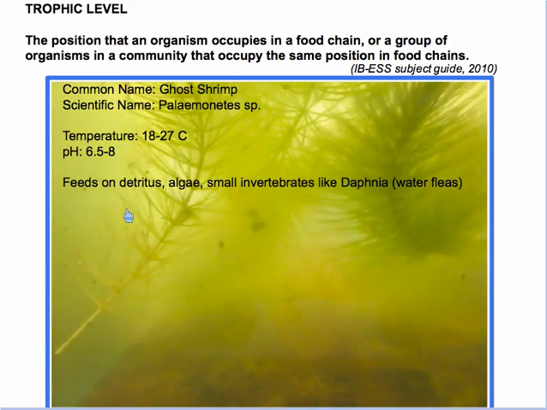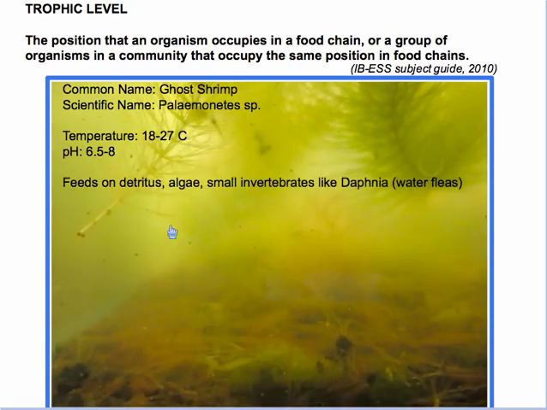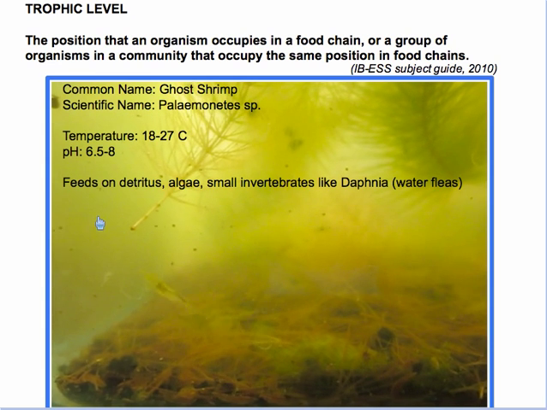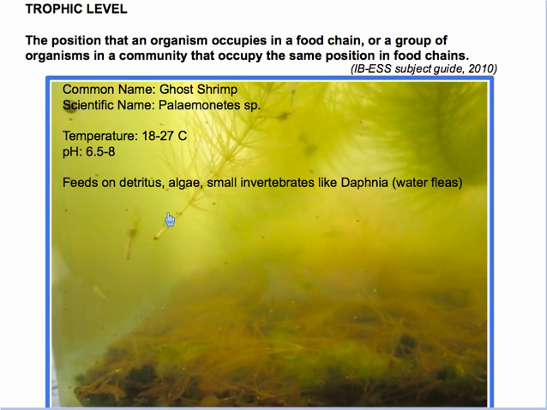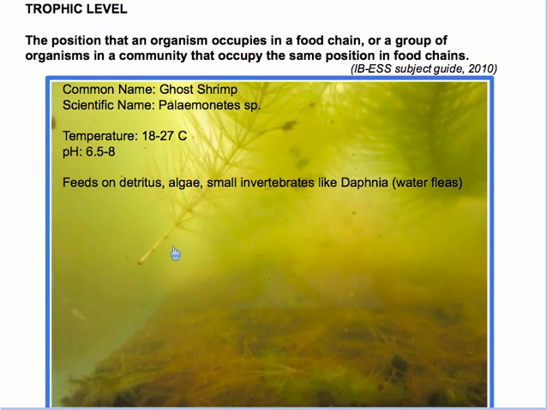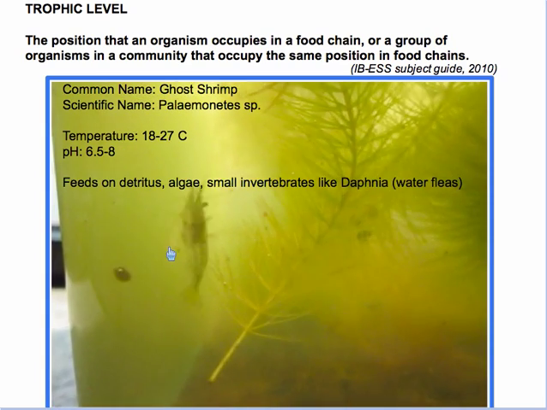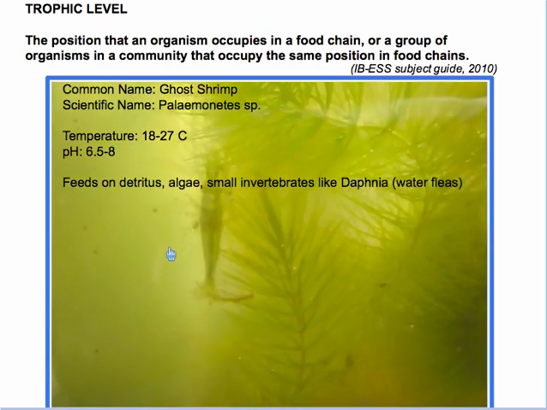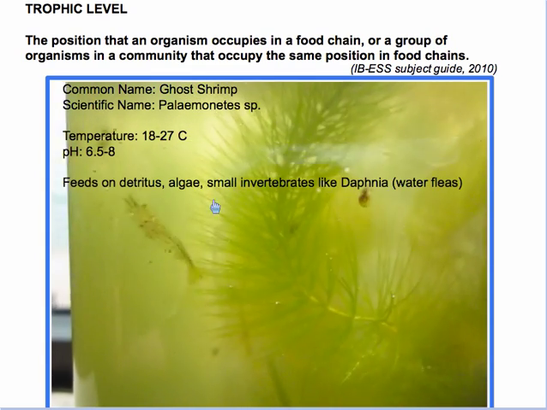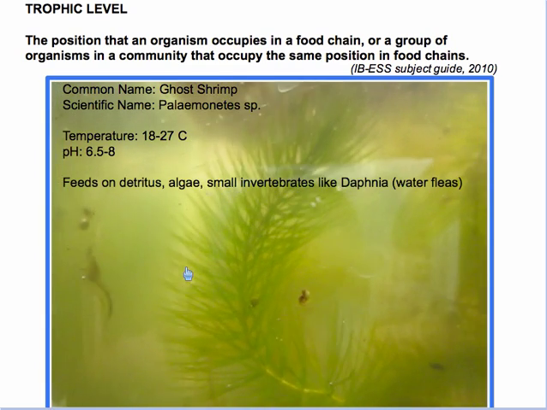It feeds on detritus and algae and small invertebrates like Daphnia. You can see the Daphnia here, the little specks on the screen, small invertebrate. And our shrimp swims around feeding on various things, interacting with other shrimps, and moving to different parts of our